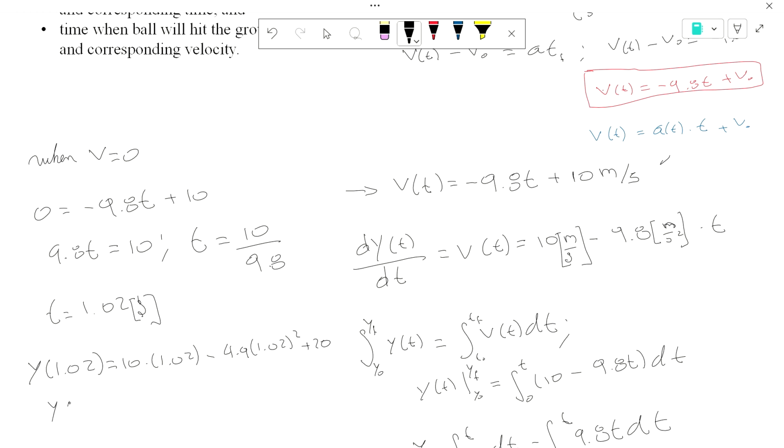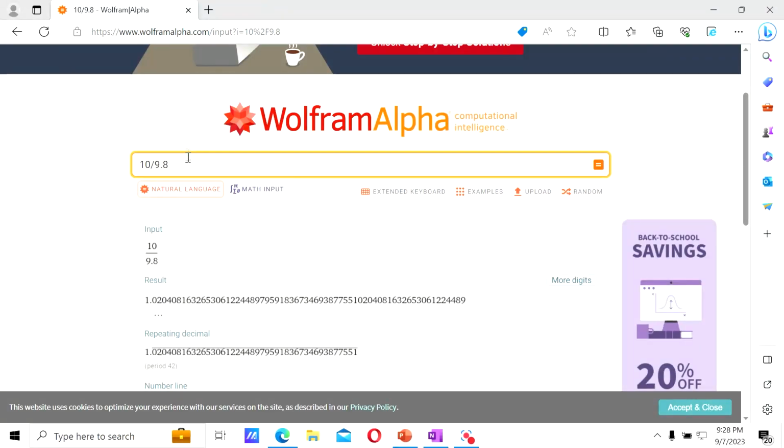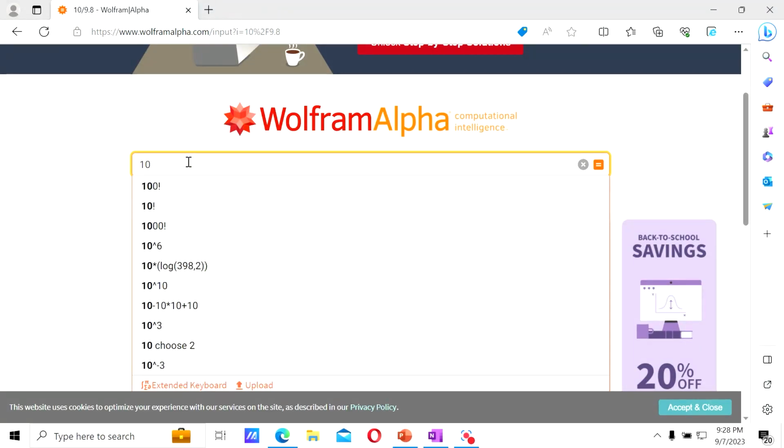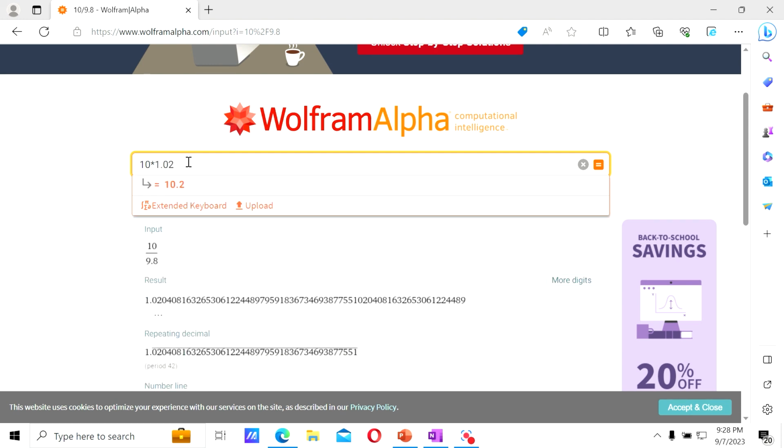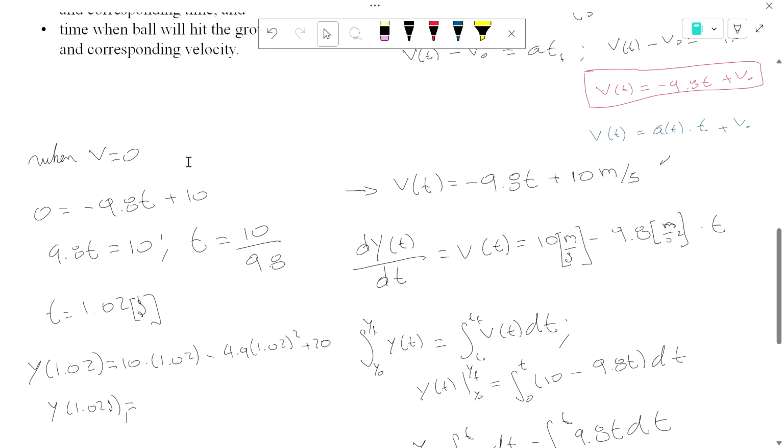Okay, so y at 1.02 seconds is equal to, well, this is easy. If we do 10 times 1.02 plus 20